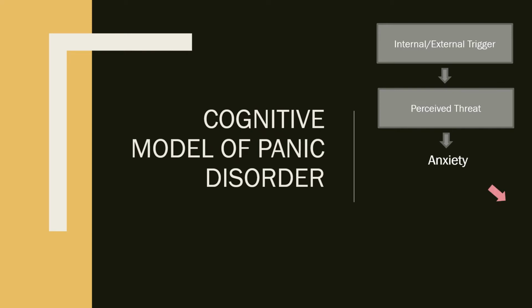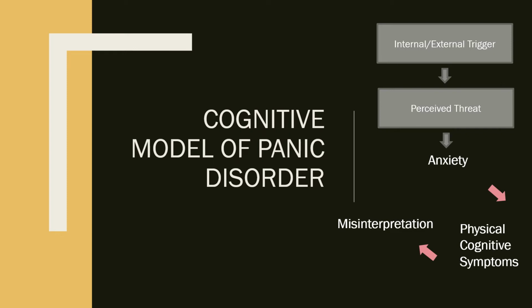And when people experience physical and cognitive symptoms of anxiety, what happens is that this is the step that's crucial to understand the difference in the cognitive model of panic disorder, which is misinterpreting